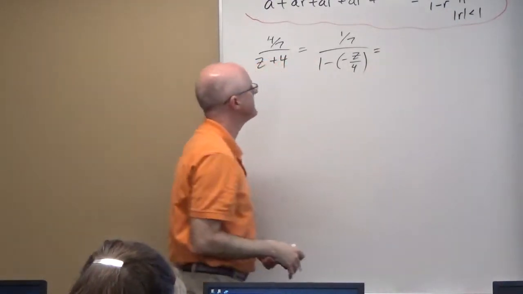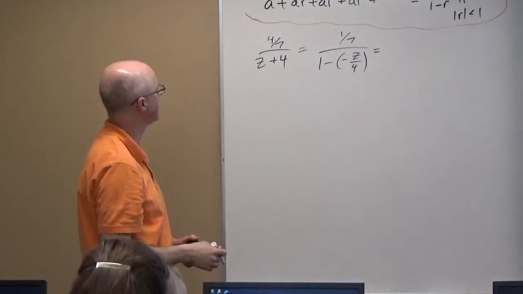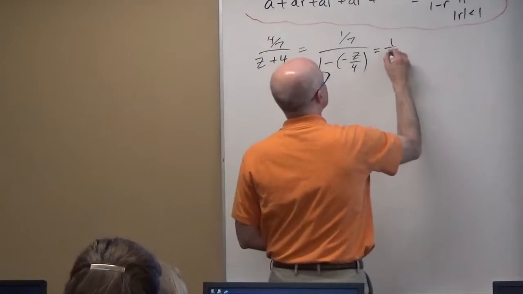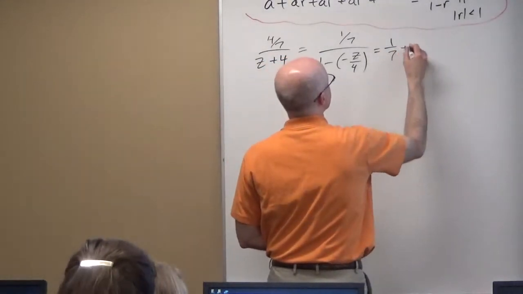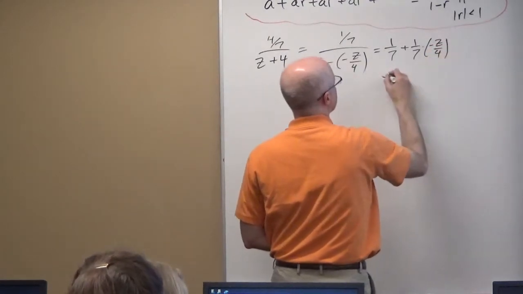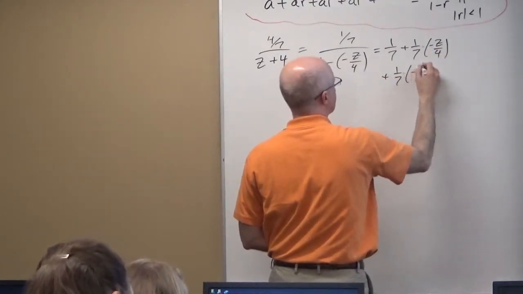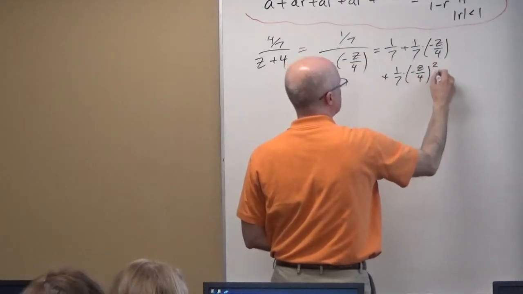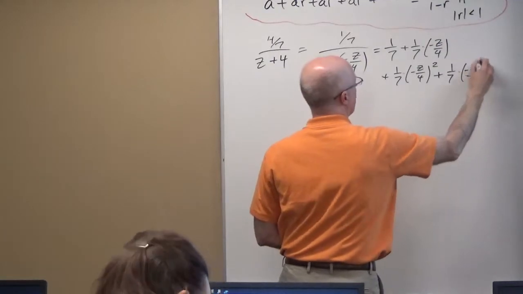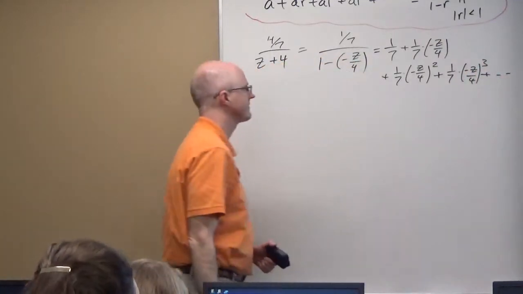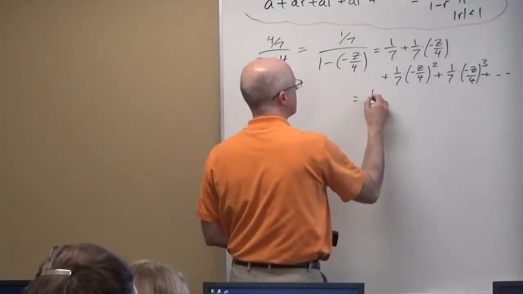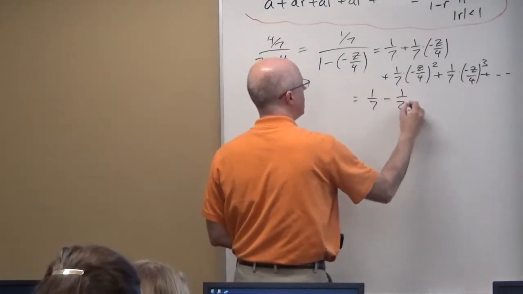So it can now be thought of as the sum of the geometric series with a equal to 1/7 and r equal to negative z over 4. So I get 1/7 plus 1/7 times negative z over 4 plus 1/7 times negative z over 4 quantity squared plus 1/7 times negative z over 4 quantity cubed, etc. That can be simplified, if you like, to 1/7 minus 1/28 z